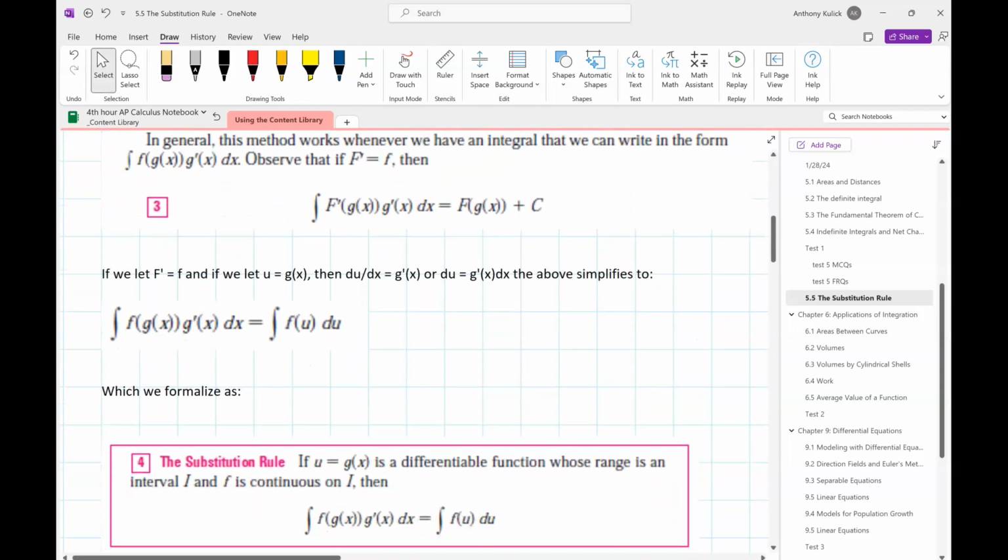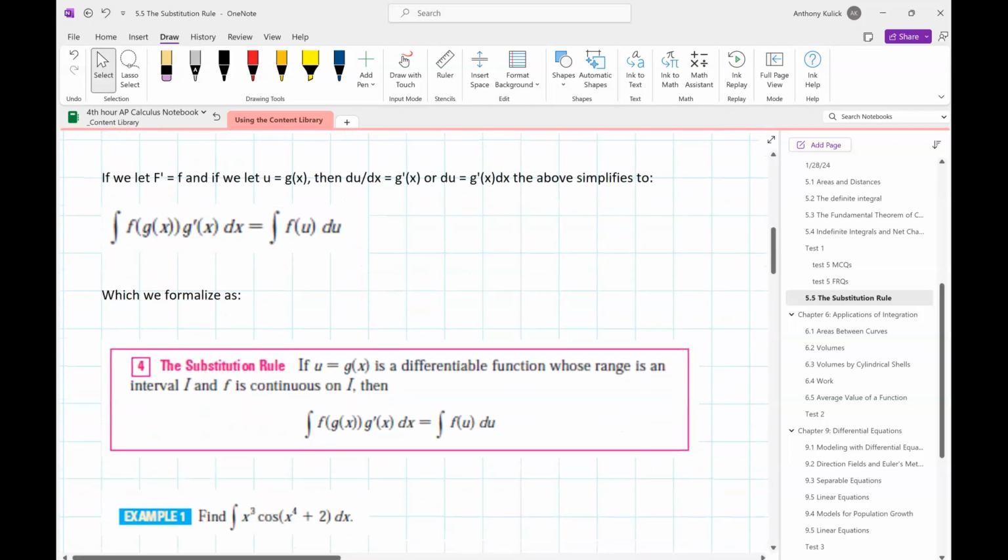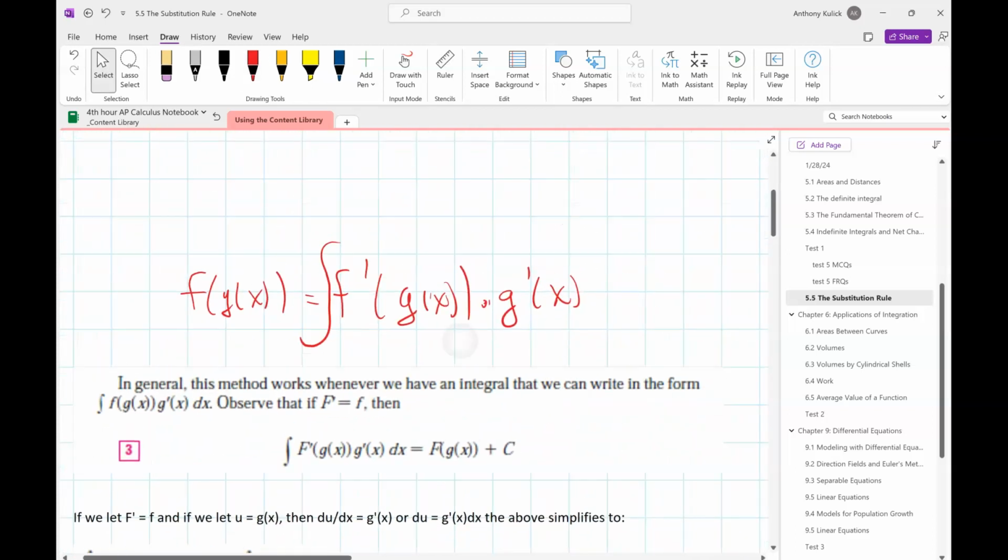So our formal statement here is the substitution rule. We're going to say, okay, if I'm integrating f prime of g of x times g prime of x, what if I substitute u in for g of x,